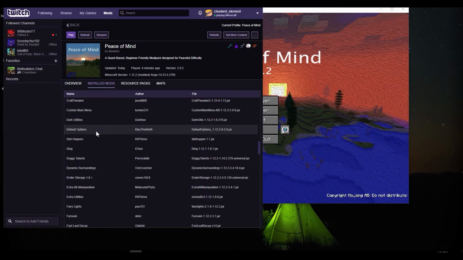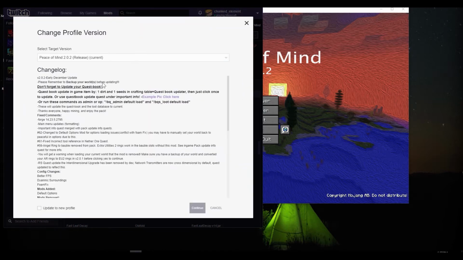There's a conflict with foam fix where it won't initialize properly and it won't load the default options that were in the original pack from Mullish, the original developer that has done a lot of the work and most of the work in the pack. So I kind of wanted to make sure that was working properly. I think there was an issue with that with one of the issues. We can just go to that. I think it was